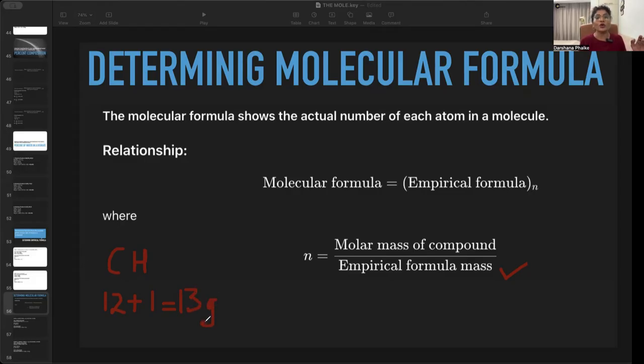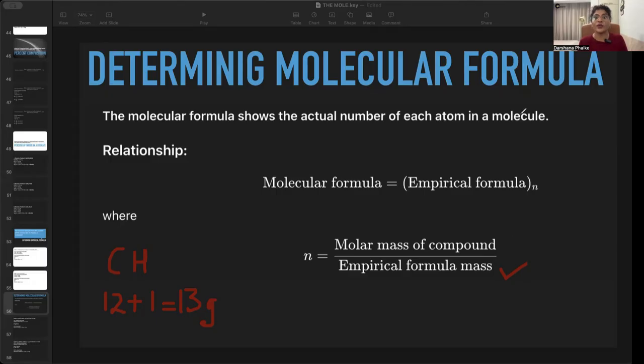Because I am going to use this in this formula where I am going to use molar mass. Molar mass is in grams, so I am taking empirical formula mass also in grams. Now, how do I know the molar mass? I don't know the molecular formula, so I cannot calculate the molar mass, but they will give you the molar